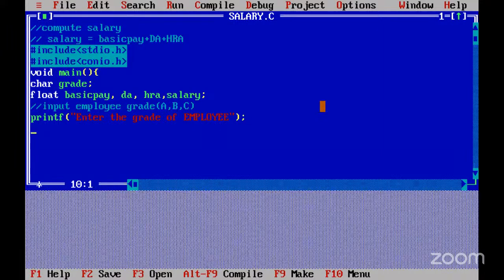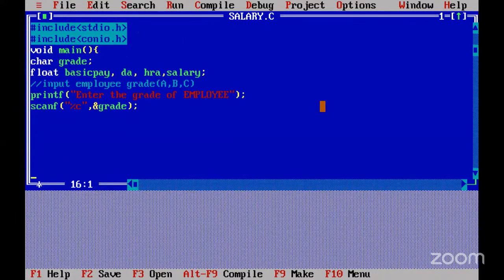So what is this grade? So grade may be A, B, C. I have to input this, scanf, %c, ampersand. So what is the input now? Grade. So I am accepting the grade. First I have to accept the grade. Now once this is done,